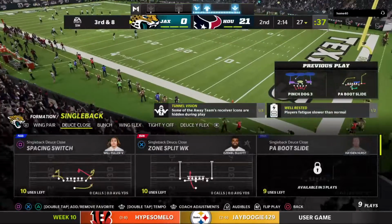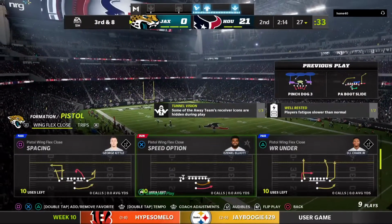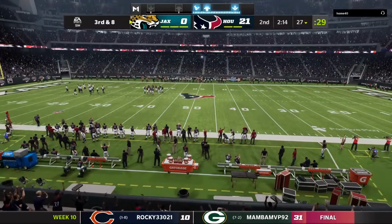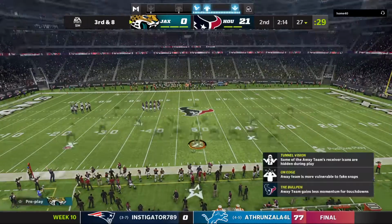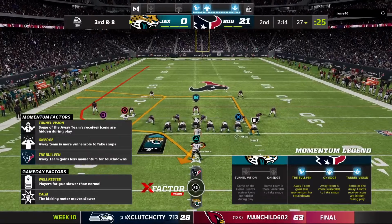As soon as I saw him break contain and get outside, my first thought and my eyes gravitated downfield because nowadays, most of these quarterbacks, when they do that, they want the big play downfield. They don't want to throw it short. In this case, he took the shot. It fell incomplete. So the failure to connect on 2nd down, that leaves him staring up here at a 3rd and